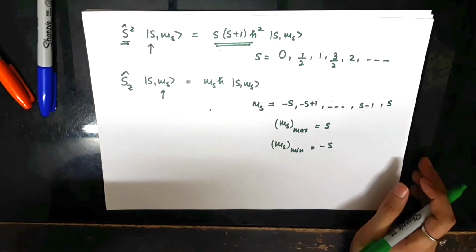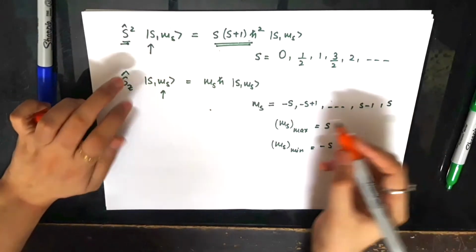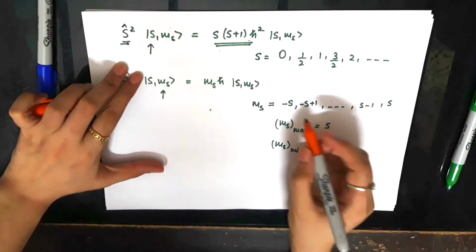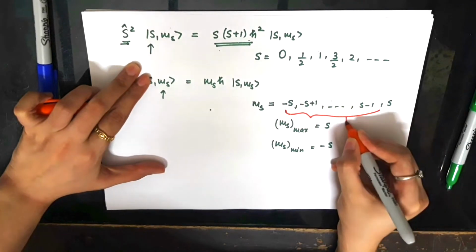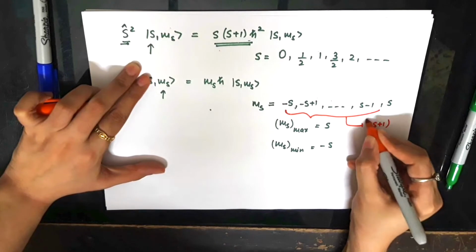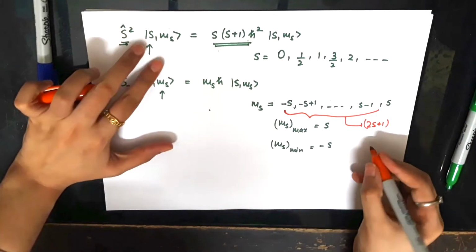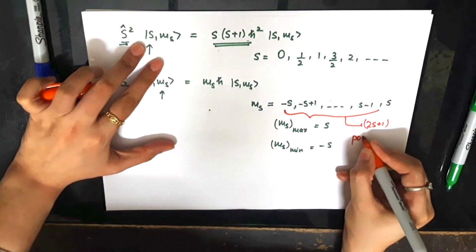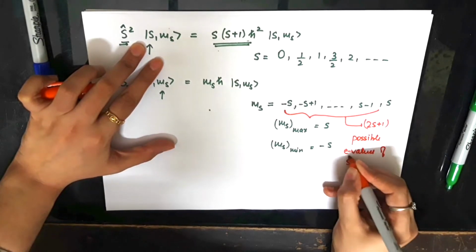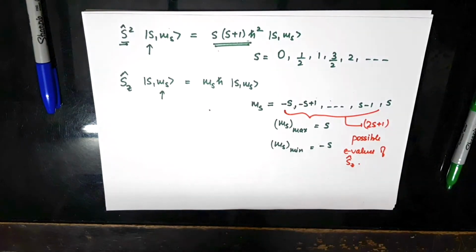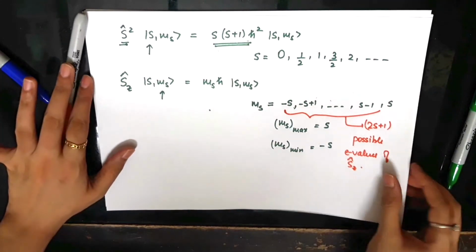So this is what we have done, and there is one more thing that we deduced last time. You can easily see that whatever is the given value of S, for a given spin, total spin angular momentum, these are total 2S plus 1 numbers. So that means for a given S, there are total 2S plus 1 possible eigenvalues of Sz. So this many possible eigenvalues for the Sz operator. So this is what we had established last time.